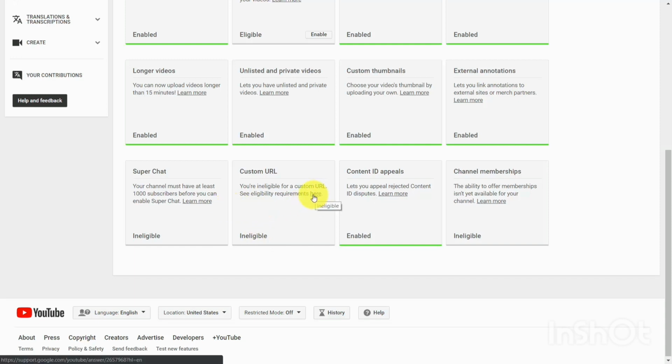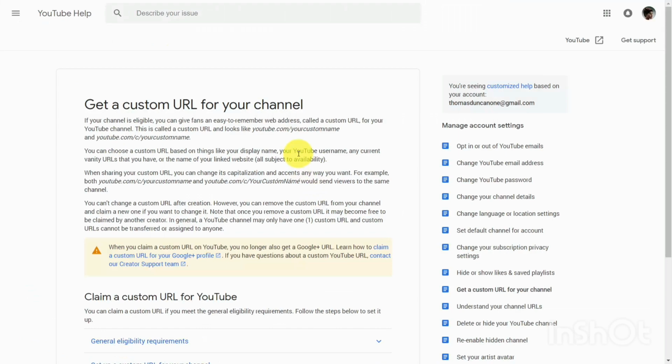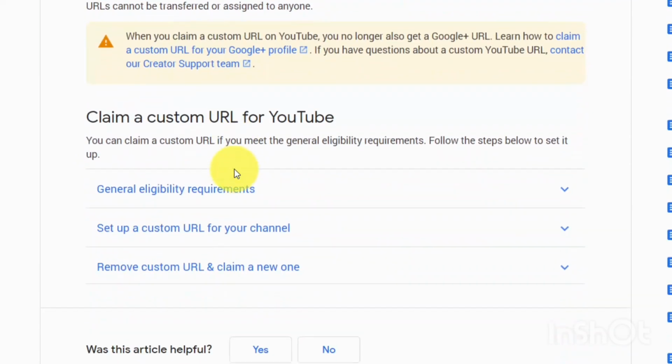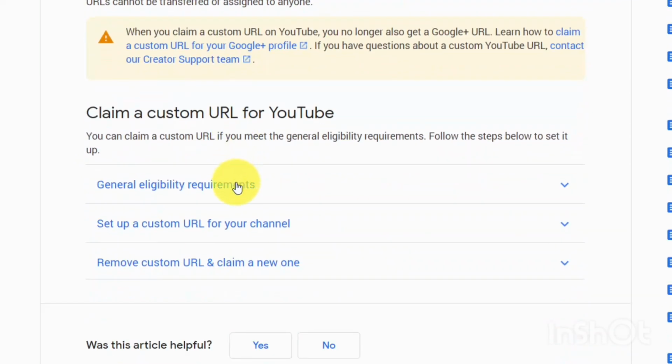So we're going to click this link where it says here. And what you're going to notice is that this is going to give you the ability to give a name to your YouTube URL instead of the long, ugly one that we were working with earlier. So what we're going to do is scroll down and then click General